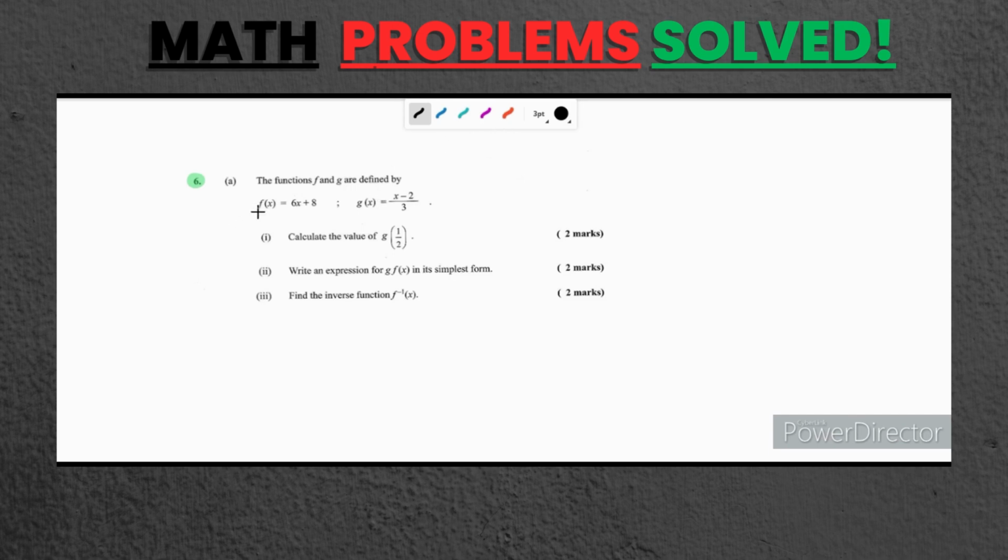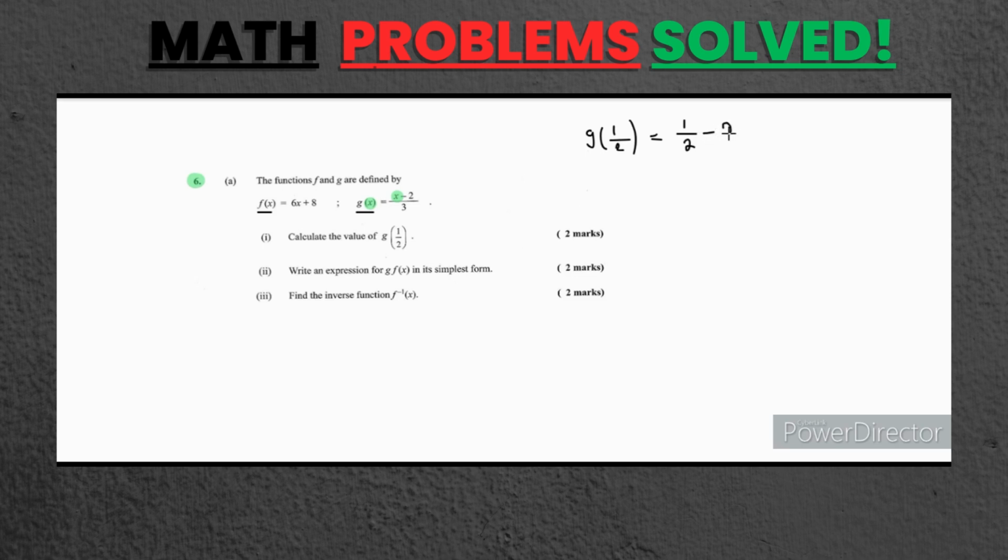So functions f and g are defined and they have given us the functions. And what we have to calculate is the value of g of 1.5. So first of all we have to find g of half. It means you have to replace x by half in this function, right? So what will you do? Instead of x here, you will write 1/2